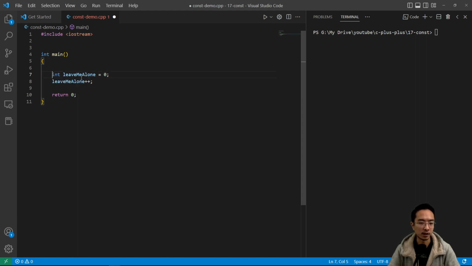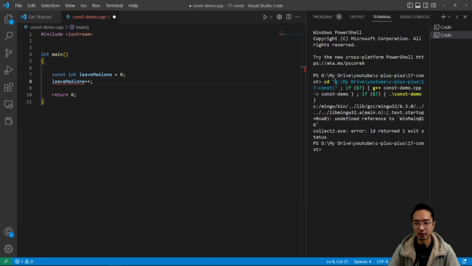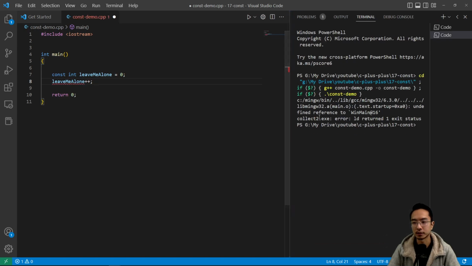So if I remove the const, it should go away. And if I put it back, it'll have a problem. So if I run the code, you can see that I'll get some issues. So you get an error here. Undefined reference, error. And if you hover over it, you'll see the error that's happening here. Okay, so we'll comment this out because we can't do it, but just to show you that that's something you